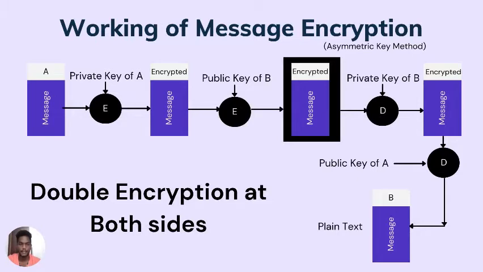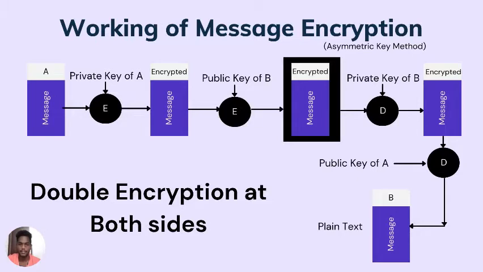So here user A sends a message to user B. He will encrypt the message using the private key of A, and he will encrypt the message again using the public key of B. So here two layers of encryption are performed. So we need to decrypt the message. For decryption, we will be using the private key of B because the outer layer was encrypted by the public key of B. So here we will be using the private key of B, and the outer layer will be accessed. And for decrypting the inner layer, since it was encrypted using the private key of A, we will be using the public key of A.